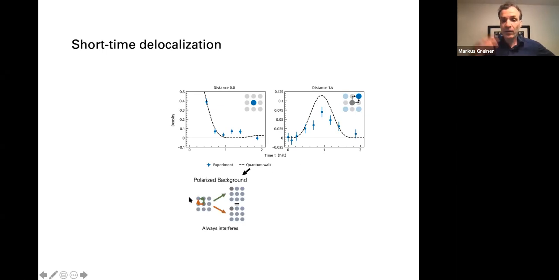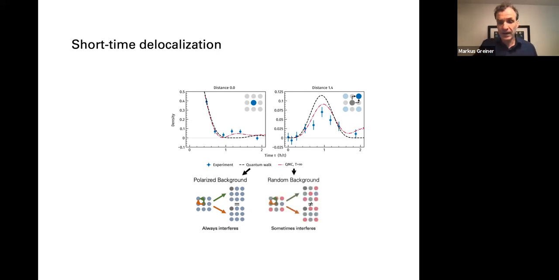And so if you had a polarized background, right, then you would really have a situation where, if all the atoms are just spin up, then these two paths would really interfere, and that would give you a probability to find the particle there corresponding to this quantum walk calculation. But we don't really expect that, because we have atoms in two spin states, and if the atoms are in a different spin state, then you can actually see in the pattern afterwards which path the atom took, and hence you would not have that